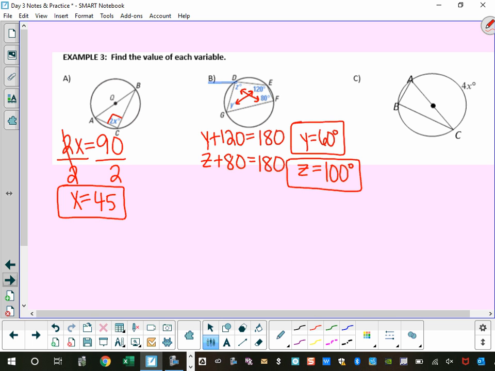All right, letter C. This one's tricky. Let's first look at my triangle, right? Which one is going to be the right angle? A, B, or C? B. All right. Which is 90 degrees, right? Because they